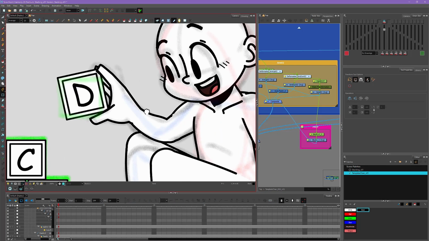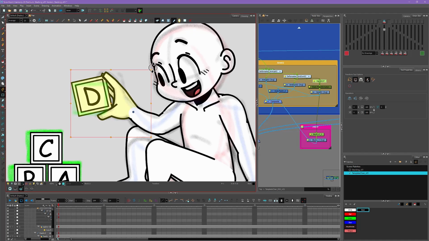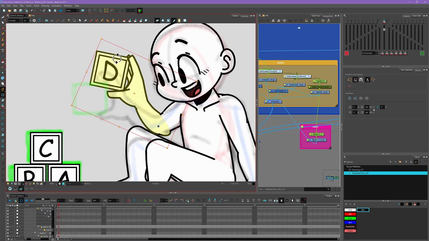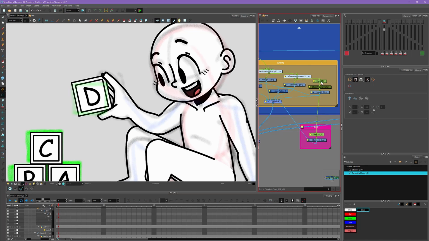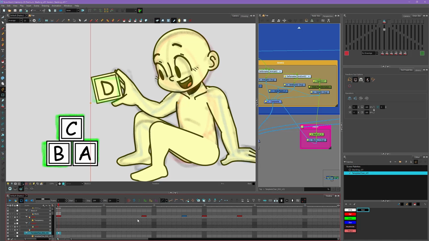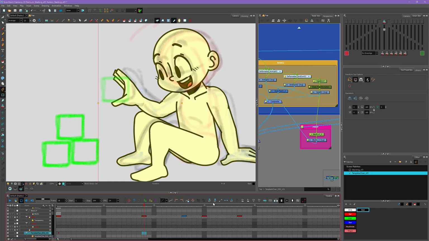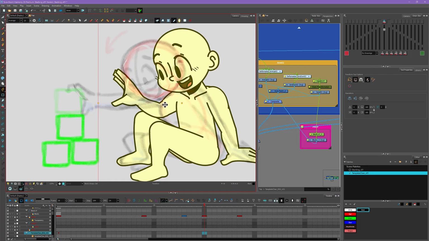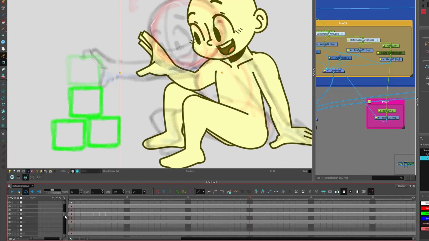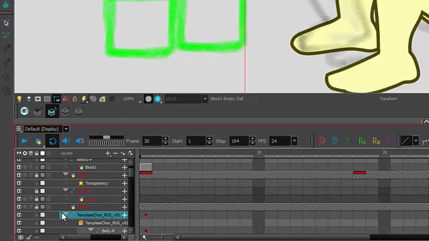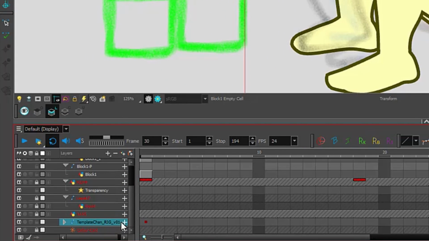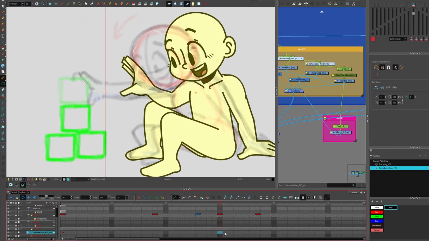And now because it's been parented to the hand layer, whenever I move the hand, the prop is gonna go with it, even though they're two separate objects. Same with his forearm. So now the prop is following the arm just like that because I've parented it to the hand peg. So when I'm creating a new key pose, for example, my next one will probably be this one where he's leaning forward, I want to make sure to take all of my rig layer here and collapse it down like this so that it only makes it one layer just like this.